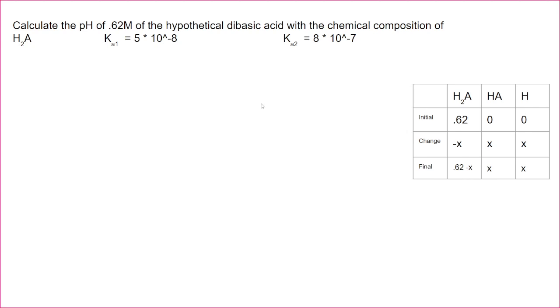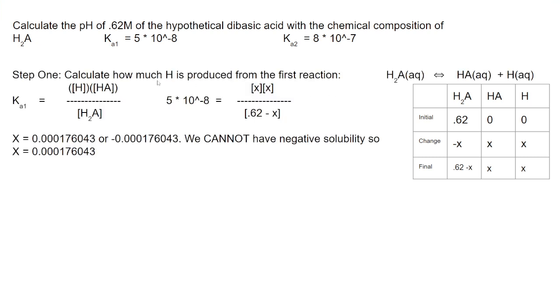Calculate the pH of 0.62 molar of the hypothetical dibasic acid with a chemical composition of H2A, with Ka1 equal to 5 times 10 to the power of -8 and Ka2 equal to 8 times 10 to the power of -7. So step 1 is calculate how much H is produced from the first reaction, which is H2A to